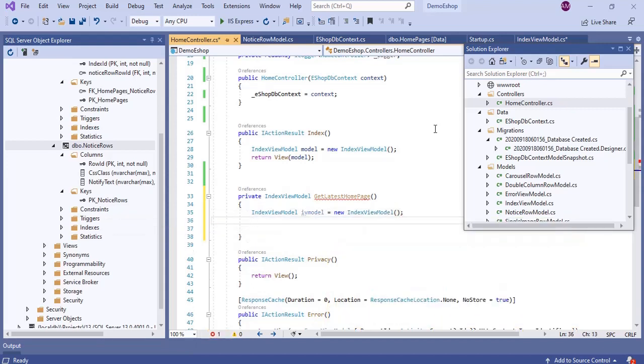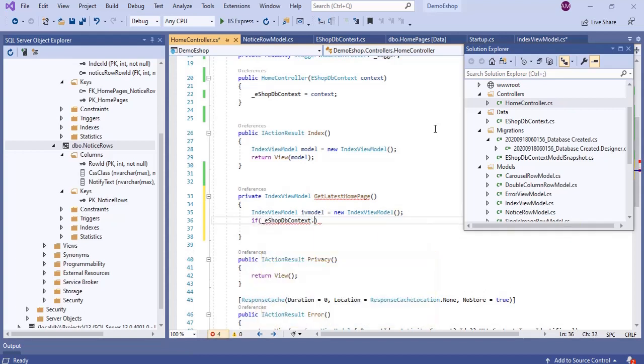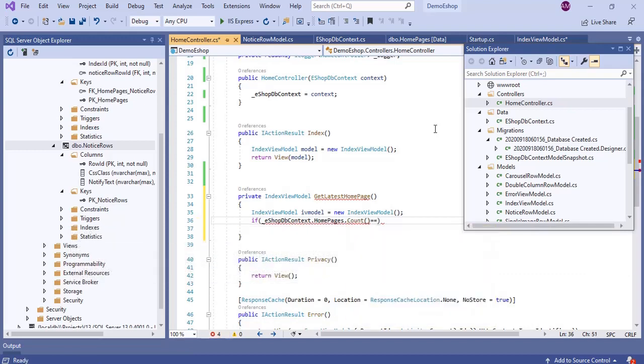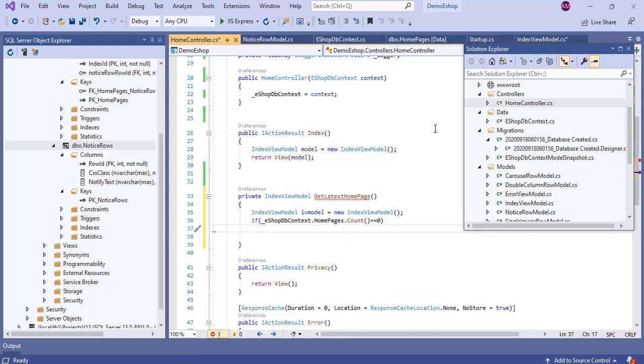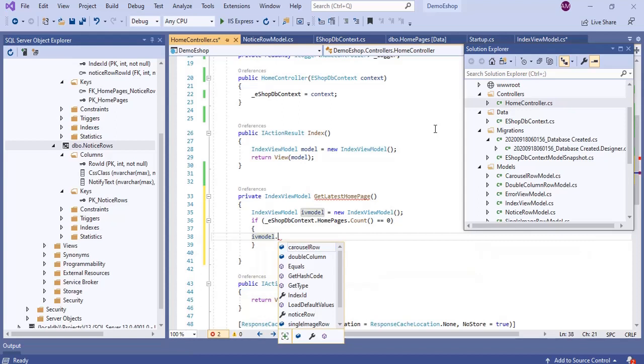Then if eShop DB context dot homepages dot count equals 0, I mean there are no records in the database, in that case we will load default values.